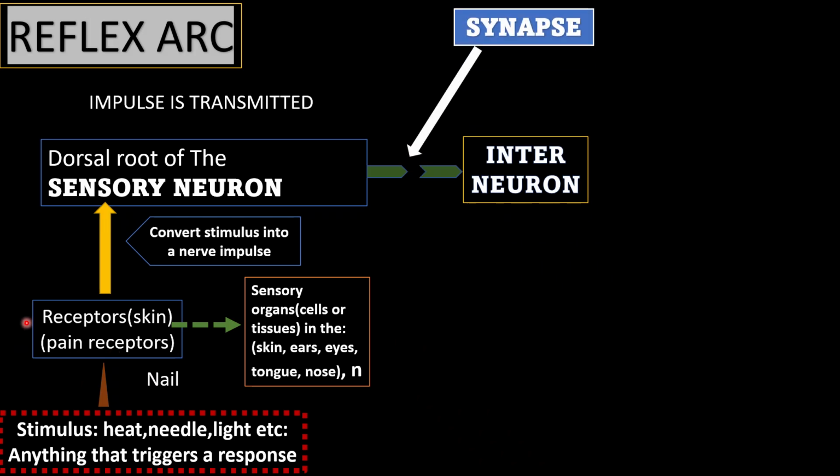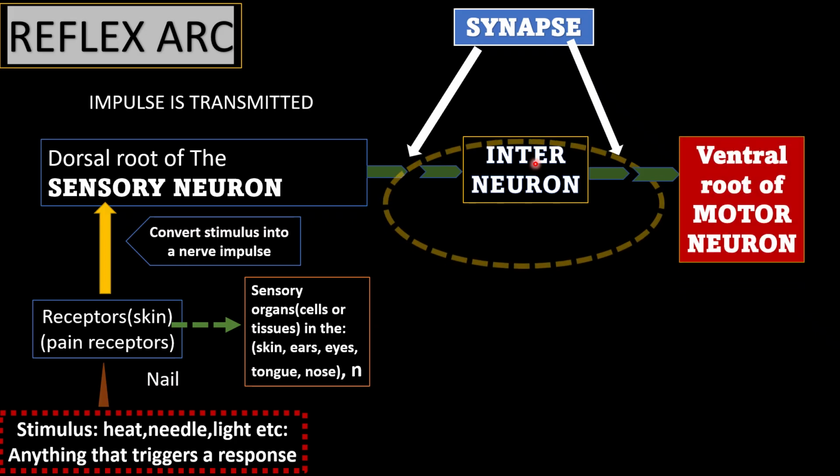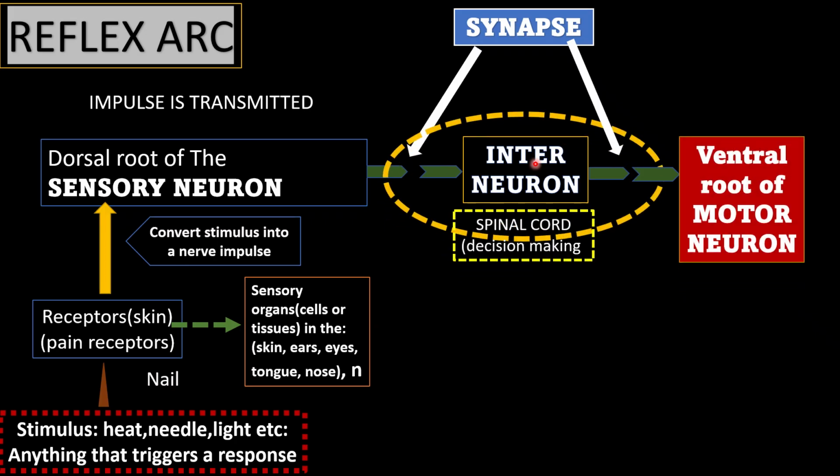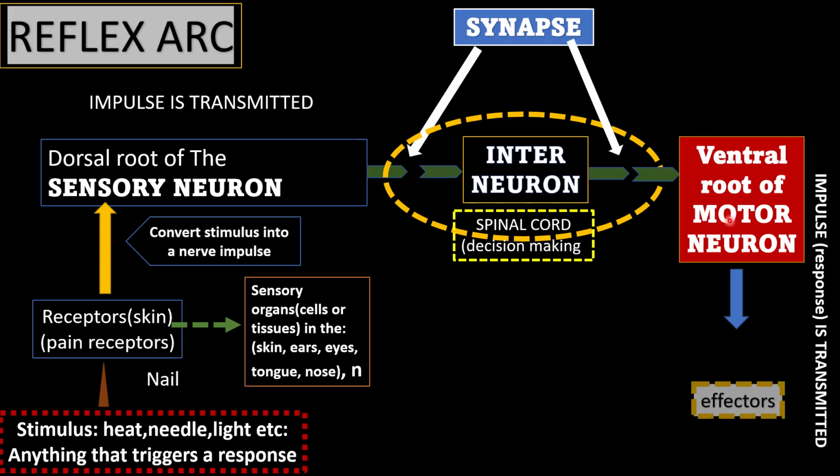So the impulse will jump over a synapse and then enter the interneuron. And over there, remember, the interneuron is already located inside the spinal cord. Okay, so here the spinal cord takes the decision, and then the decision is transmitted across another synapse, which joins the interneuron to the ventral root of the motor neuron, and then the impulse is transmitted along the motor neuron